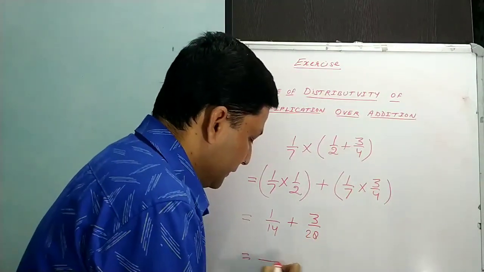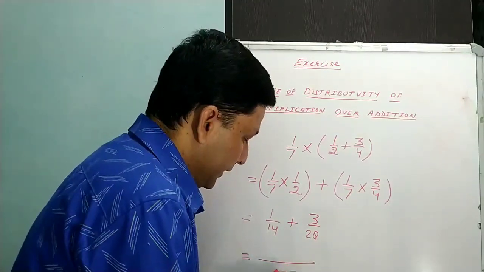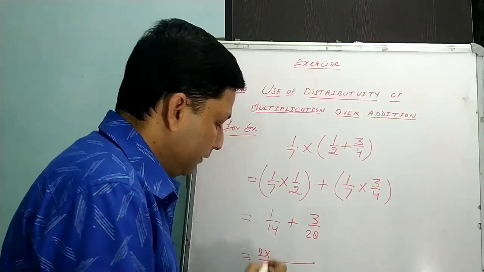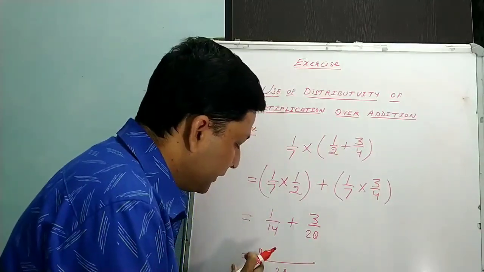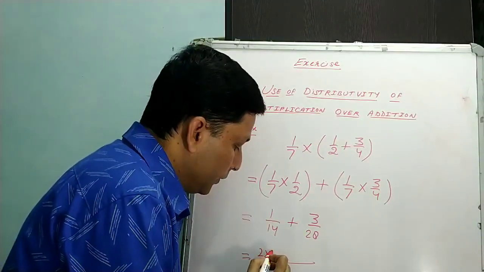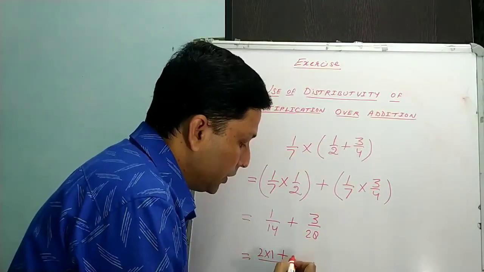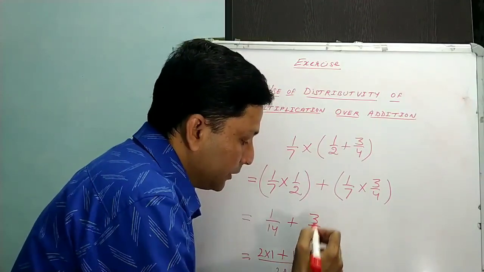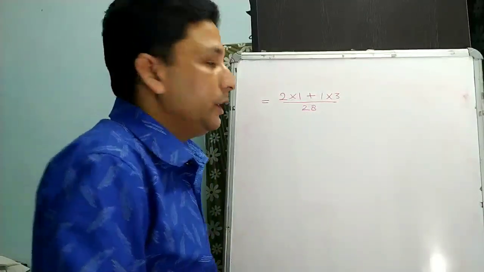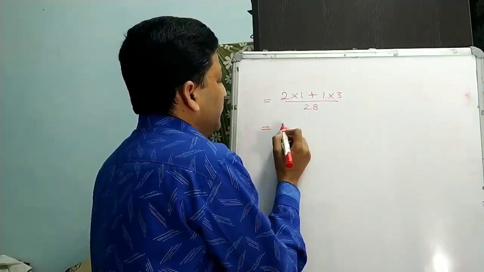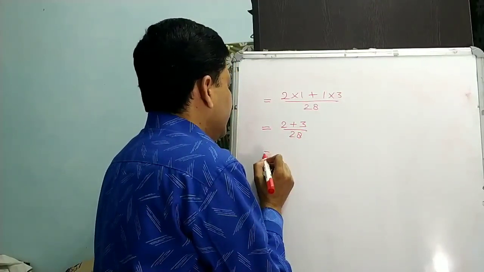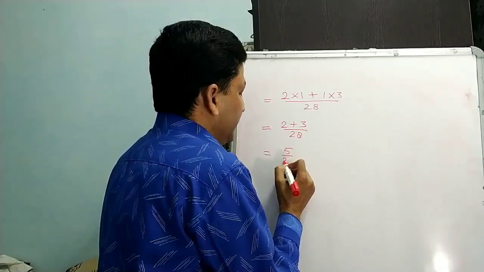Now here we will use the LCM, that is 28, and in the table of 14 it will come for 2 times. So here we will multiply this numerator with this integer, that is 2. 2 into 1 plus, now moving on, 28 ones are 28, then multiply by its numerator, that is 3. Now look here, 2 into 1 plus 1 into 3 upon 28. So we will multiply: 2 ones are 2 plus 3 ones are 3 upon 28. In the further step we will write 5 upon 28.